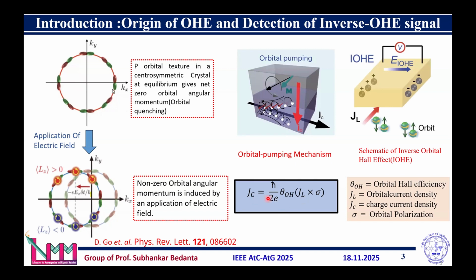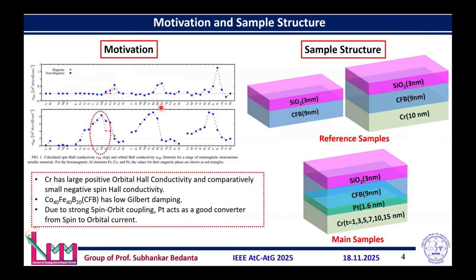So this is basically the inverse equation, and this is the schematic of this inverse orbital Hall effect. Coming to the motivation, this figure describes the spin Hall conductivity and orbital Hall conductivity of different materials. If you can see, most SOT based devices have used platinum because it has a significantly high